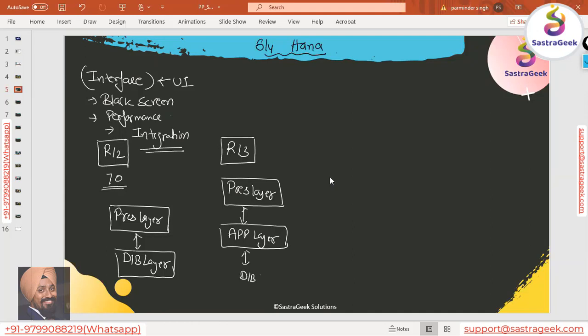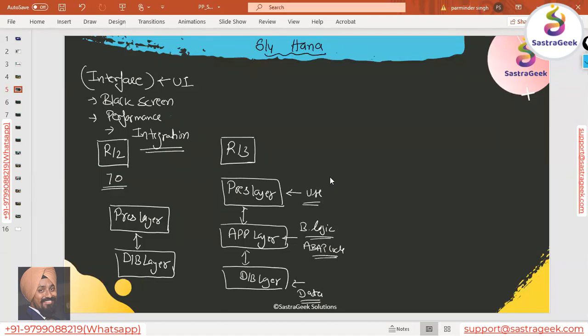The database layer is where all your data gets stored. So this is for data. The application layer is for your business logic. When we say business logic, it is nothing but your ABAP code. That sits here, data sits here, your application code sits here, and this is how you use the system through the presentation layer.